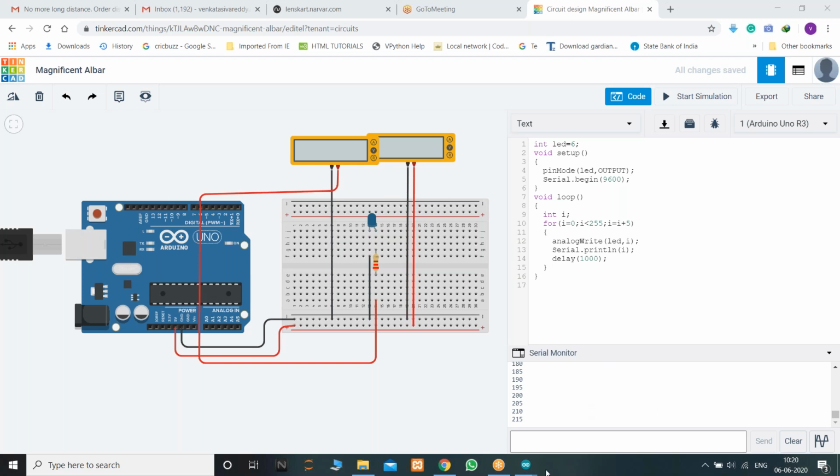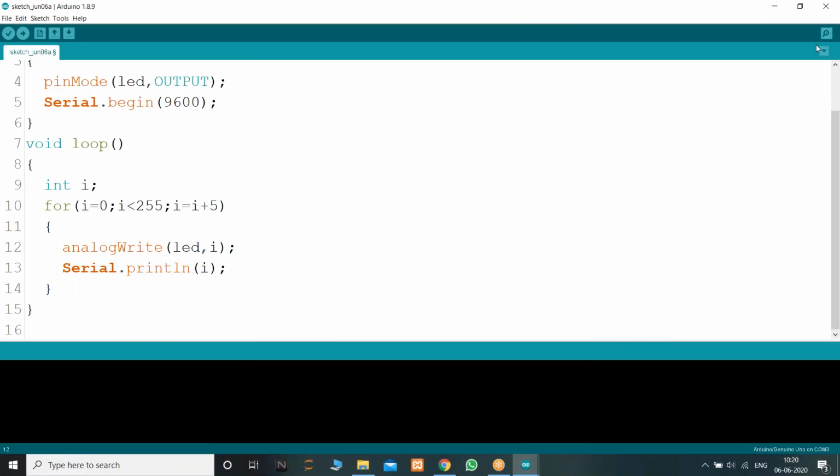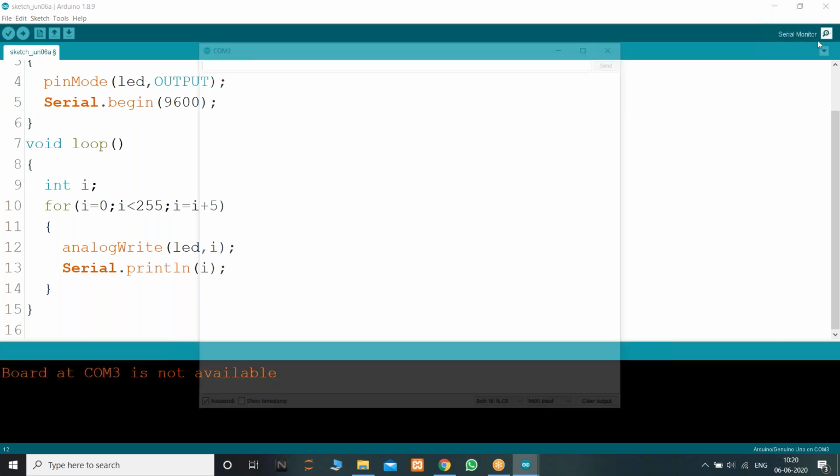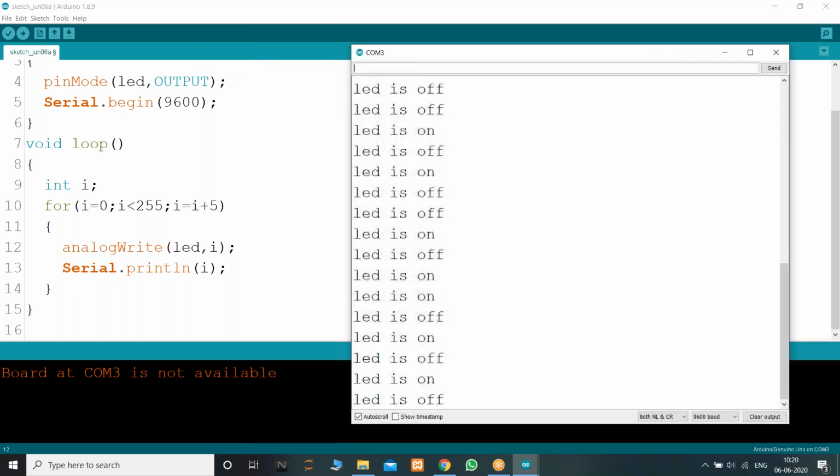So until now we just programmed this serial monitor. Let me connect my board. I just connected my board to my PC. So see here, we are using this serial monitor for a command line interface only. So there is a command line interface here. There is a cursor blinking here.